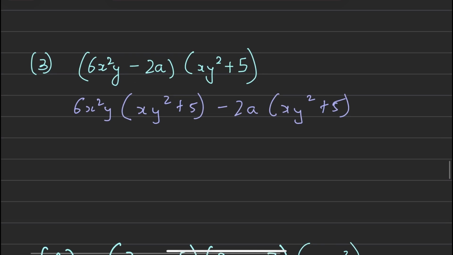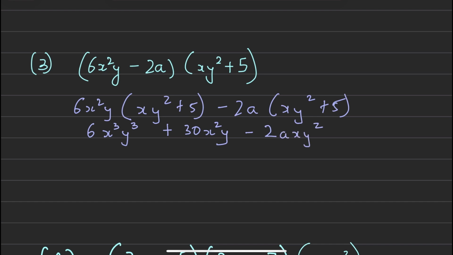Positive and positive, the sign is positive. 6 1 is 6. The number of x's, be very, very careful over here, guys. Okay, 6 5s are 30. X square y minus